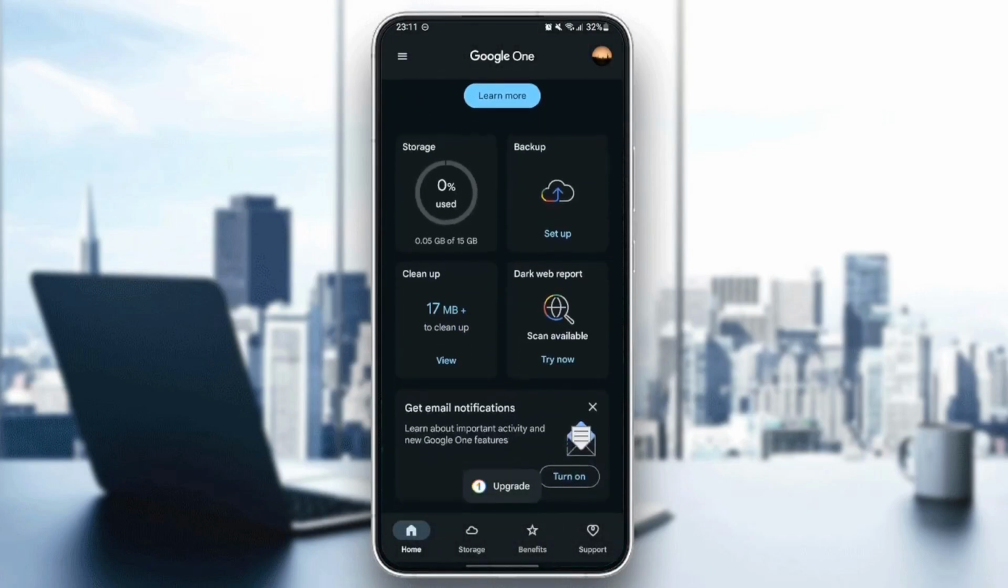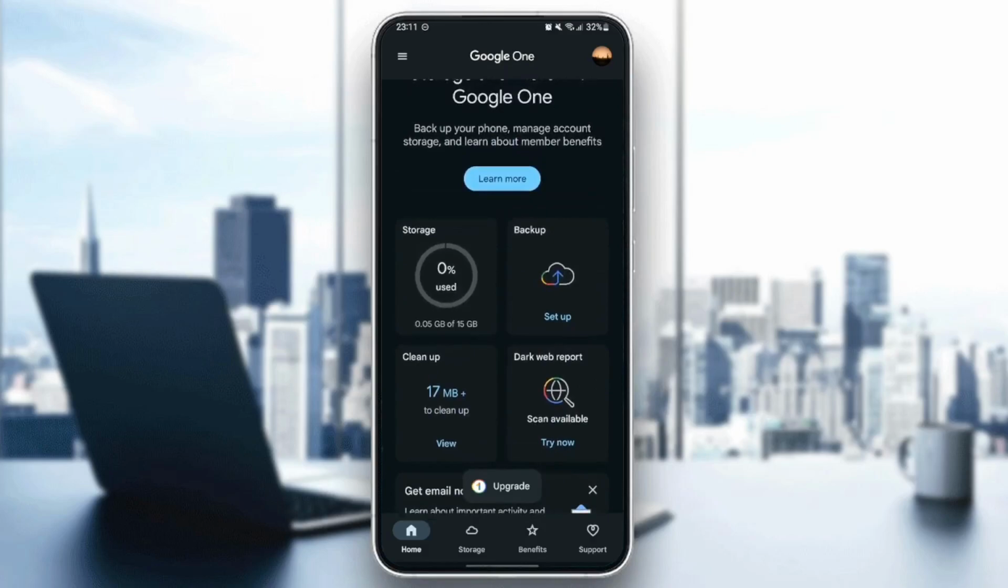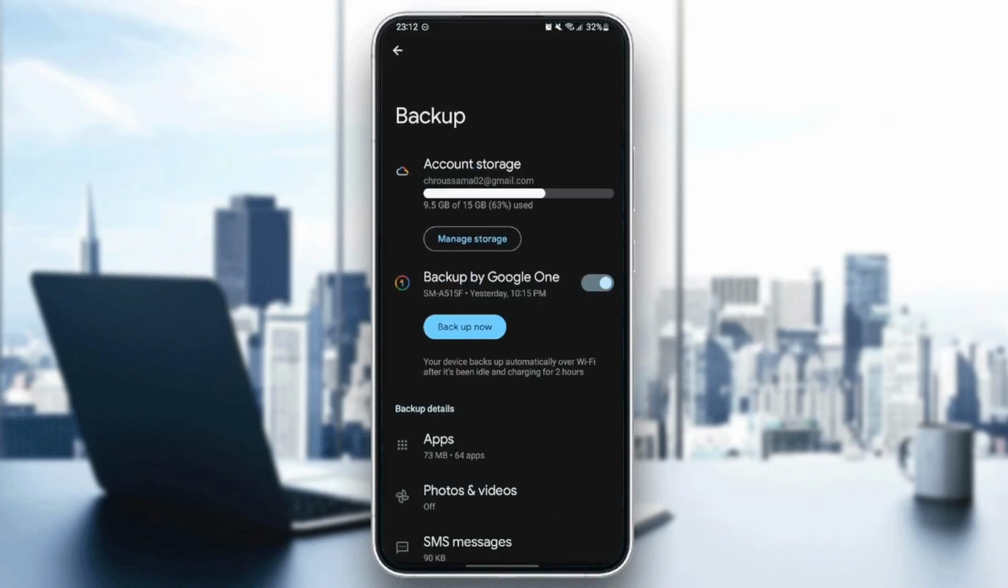So right here in the home section you're gonna find the storage, how much you've used of the storage. From here, you're going to find backup, cleanup, and dark web report. Basically, guys, if you want to restore photos from Google One, go ahead and click on Set up, Set up in Backups,